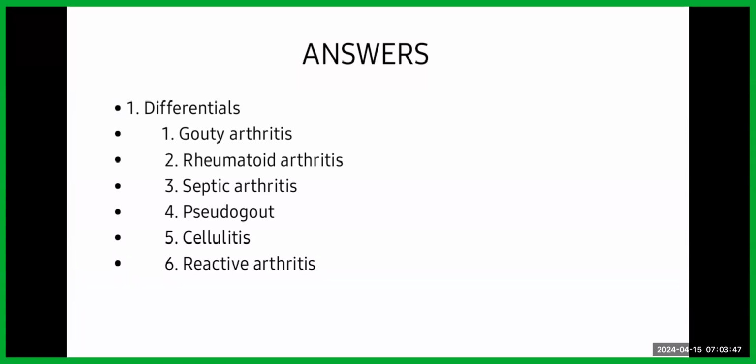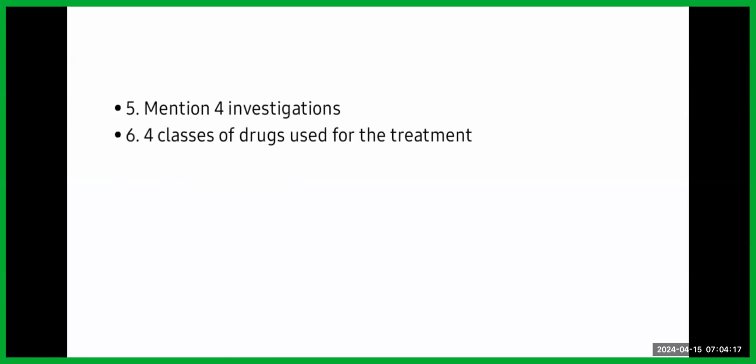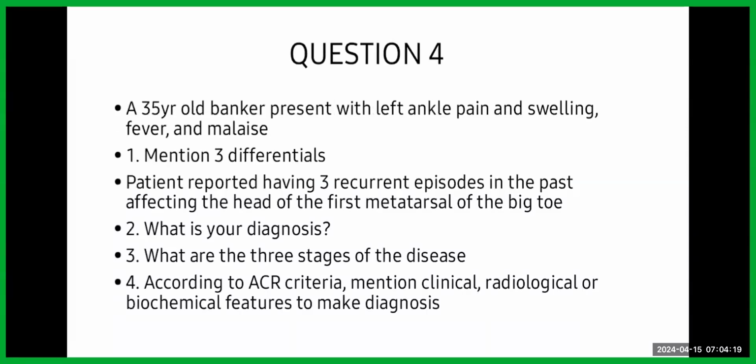It affects both smaller and larger joints, but usually they are symmetrical, and they can come with swelling, pain, and fever, like our index patient. Gouty arthritis, yes, is common. The age may not be too good for gout, usually 40, 50 and above. However, it can still occur, especially in a setting where there are background risk factors. So also they can present with this kind of pain and swelling, and also constitutional symptoms like fever and malaise.